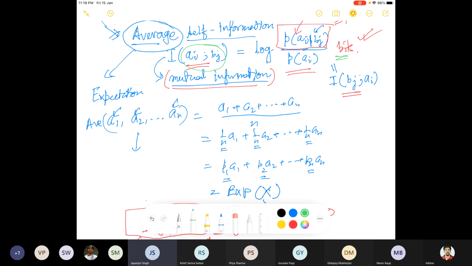The thing is, we have two branches of log. One is from 1 onwards, another is from 0 to 1. So what I was thinking is, what if I switch that function from 0 to 1 by multiplying it throughout by negative? That way the information will be positive always, and we have the nice property being saved also, and the information will always be positive. So why are such kinds of things not being used?